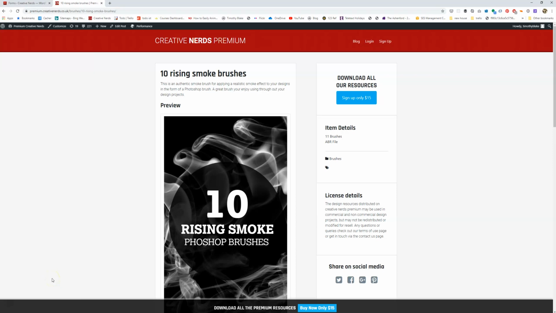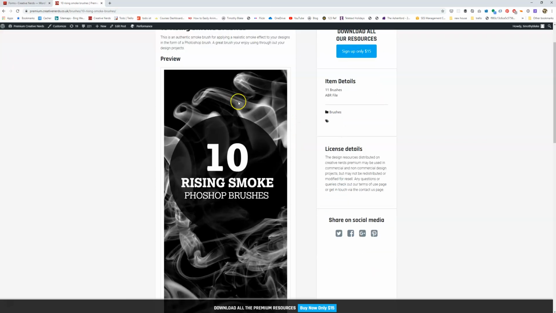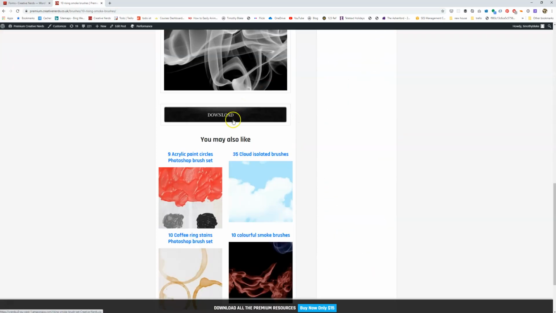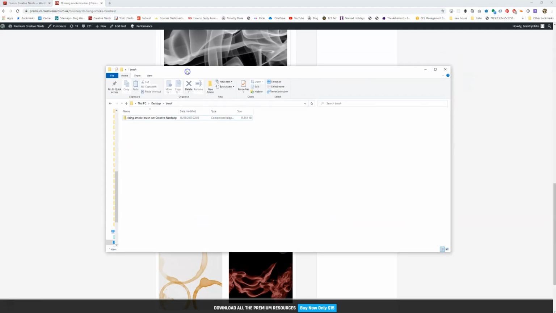In this tutorial, we'll be showing you how you can install Photoshop brushes into Photoshop. So firstly, you want to select a brush from the Creative Notes Premium library. Scroll to the bottom of the post and hit the download button. This will bring up a folder